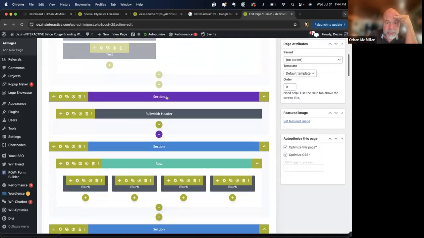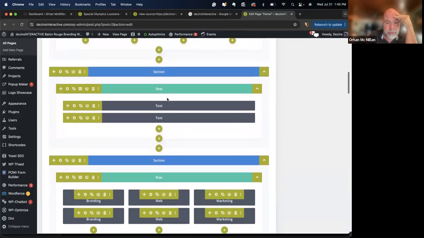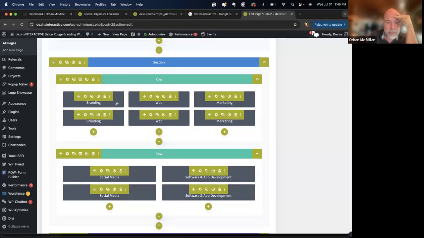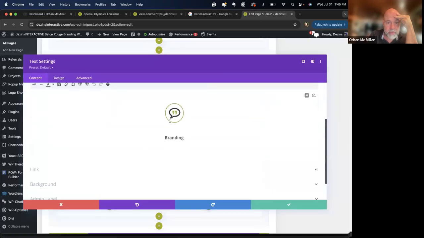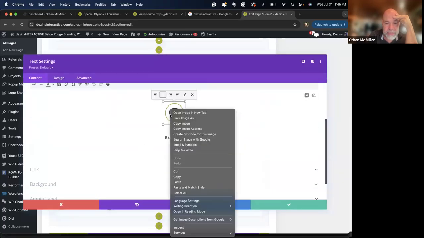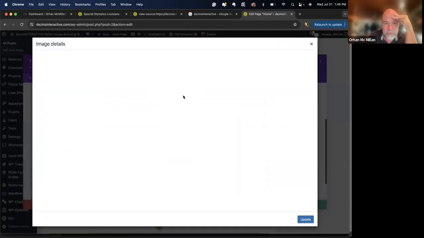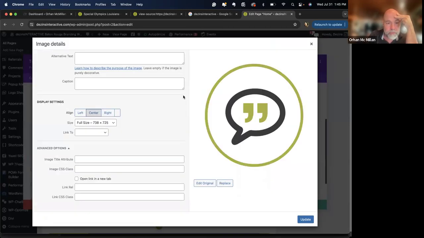Let's just find a section that has a picture. That was blurb, text, branding. Let me see this branding help. Okay, here's an icon. Now let's see, did I put any text on this? I didn't. But if I was really focused on Google search, I would put